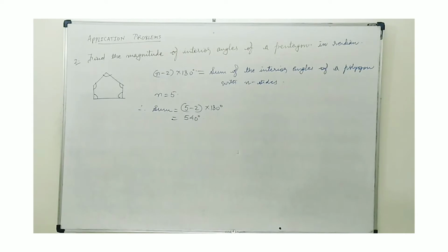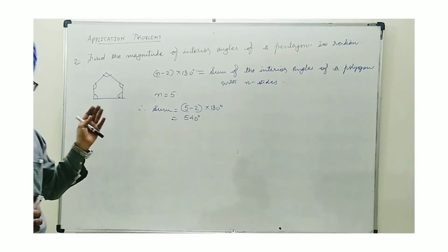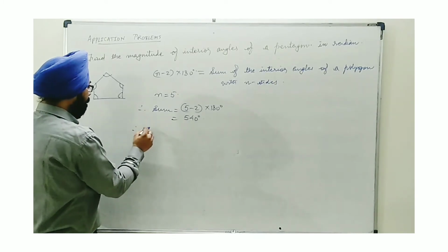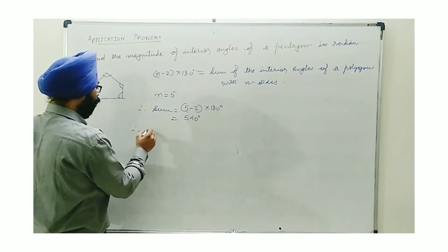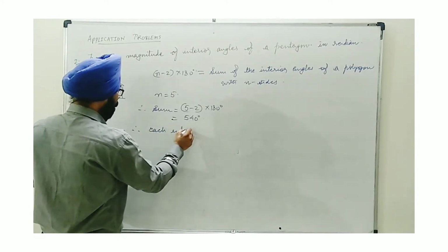Now next, we are supposed to find the magnitude of the interior angles of the pentagon in radian. As the sum is 540, and we are talking about a regular pentagon, each interior angle